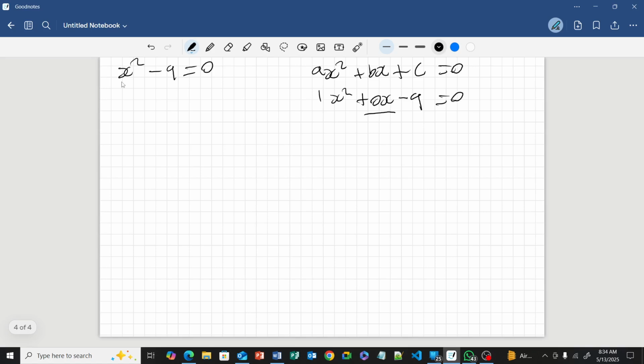Now looking at what you see on your screen, we call it a difference of two squares. Why? Because x squared is a squared number, 9 is also a squared number. So this can be written as x squared minus 3 squared equals to 0. So now you can clearly see that this is a difference. Difference means subtraction. So difference of two squares. Now, if you have a difference of two squares, you